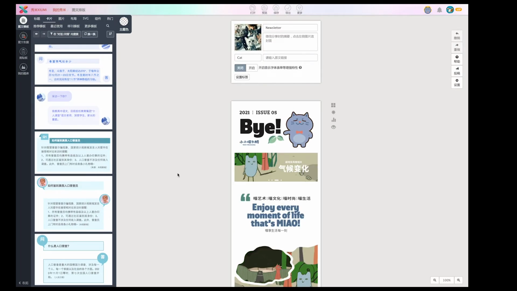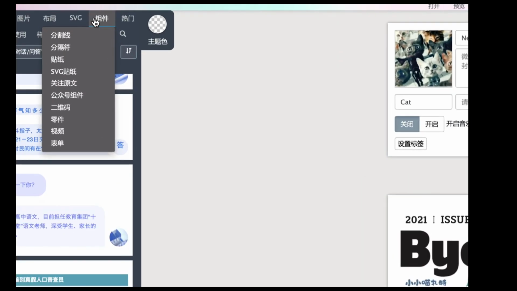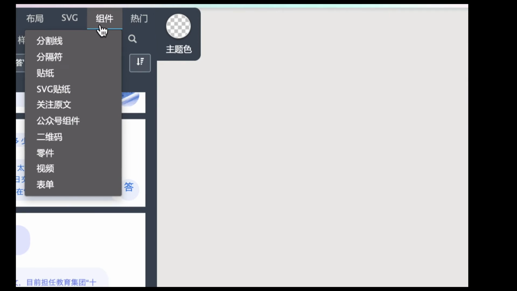Okay, let's say you want to include some music or video. All these pretty elements are under group until this tab here, which is like a clicking tab, and then you have different elements. The first interesting ones, for example, this is to include some kind of split line or separator, stickers, some sort of notes and things. But the interesting one is this one, which is called official account,